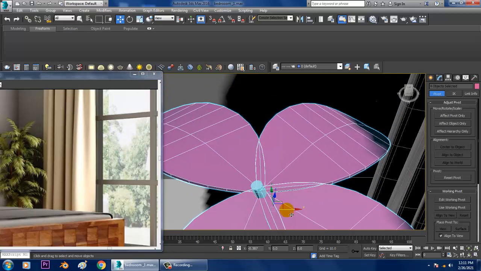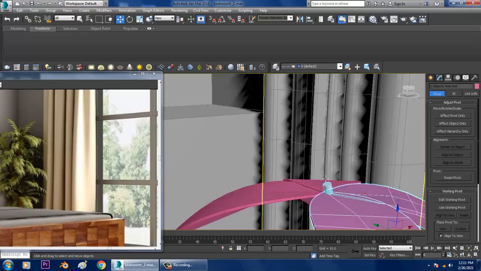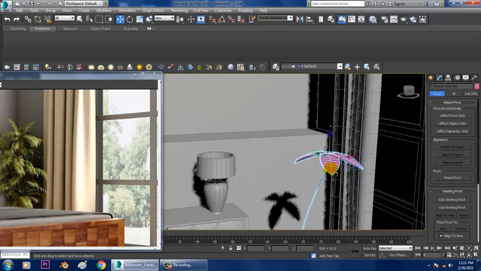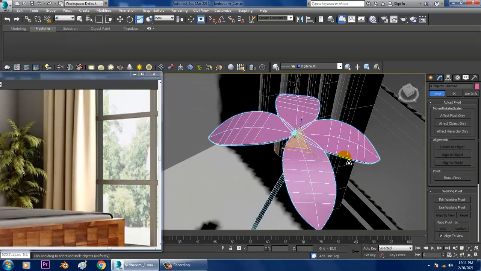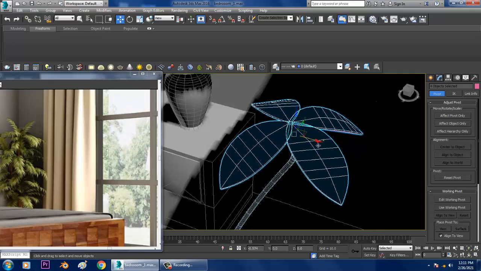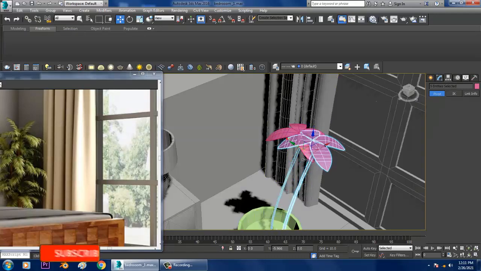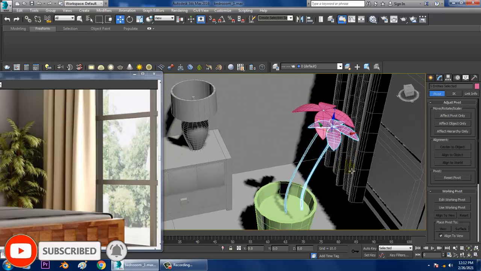After that, just push it up. And you can just take a copy of this branch, resize that.